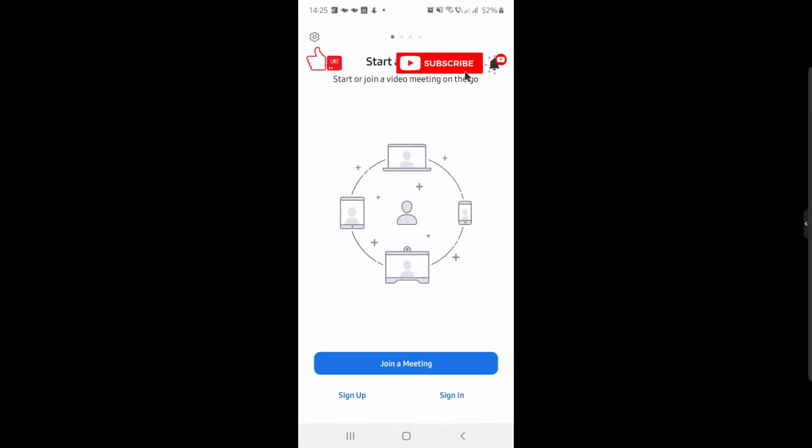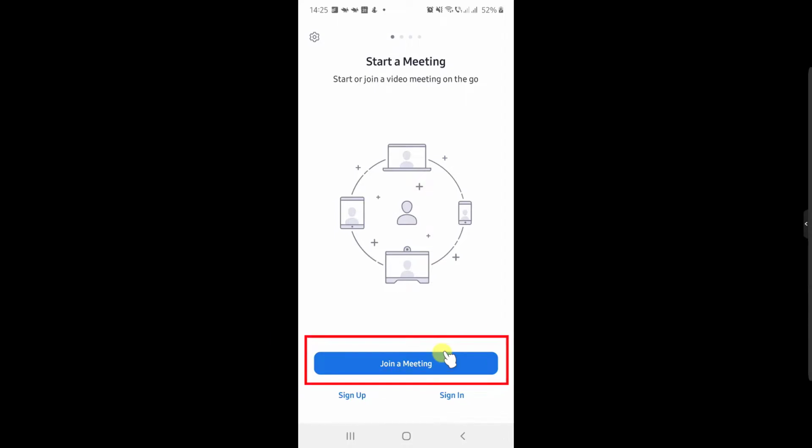After you have installed Zoom, you can easily join a meeting. If you need to see how to install Zoom on an Android device, check the description. For you to join a meeting without audio and video, you need to tap the big blue button, Join a meeting. If you wish to enter into a meeting, you will need to have the ID of the meeting and also, if needed, a password. Find this info from the host.